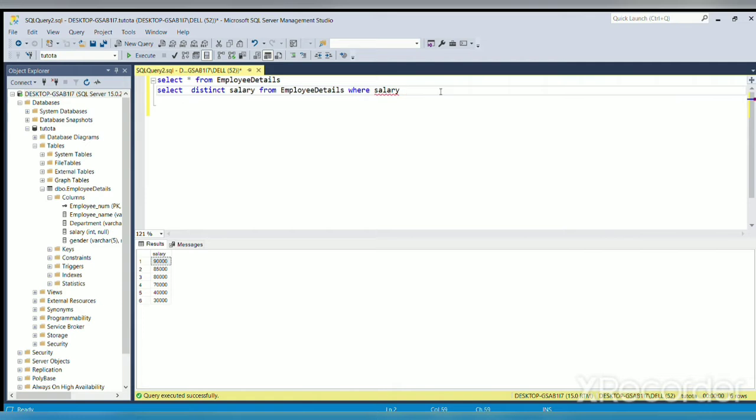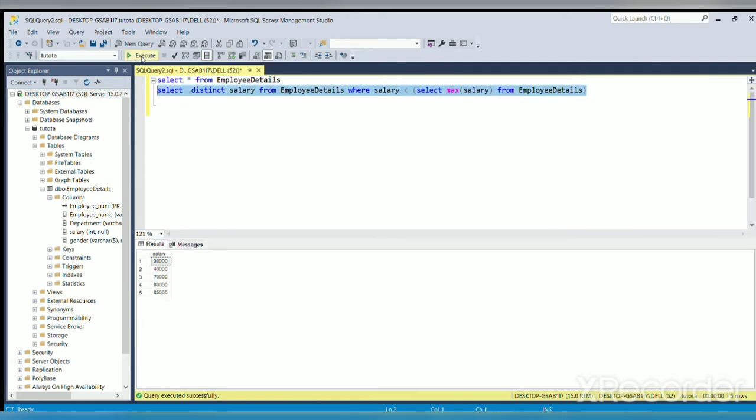the maximum salary. For getting the maximum salary, I will write the subquery. Already we have written it, that is select max of salary. Here we need not give the alias name. Select max of salary from employee details, this is the subquery. So this query displays all the distinct values in the salary column, such as 80,000. It will compare them with the maximum salary, which is 90,000, and display only the salaries which are less than 90,000. Except 90,000, it will display all the salary values.